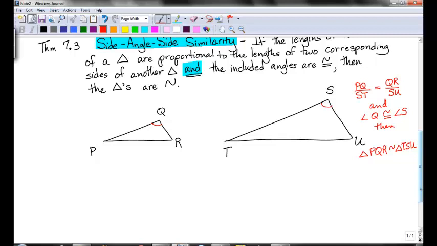So the angles have to be congruent, and then the sides have to be in the same ratio, proportional. Then the last thing the author goes through is theorem 7.4,